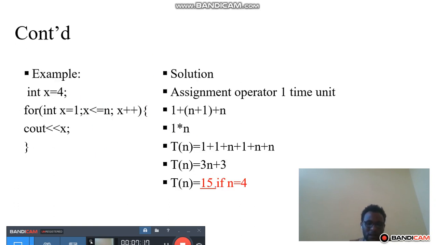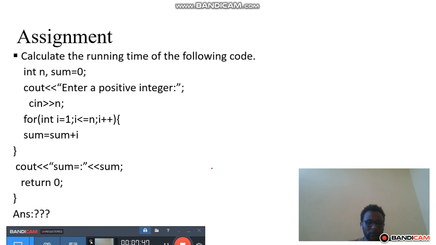So its solution will be just like this one. So this is the solution for the statements because it starts from 1, then it comes 1 plus n plus 1 plus n plus n, then 3 times n plus 3 is equal to... የn value ወይም ደግሞ የዚህ value 4 ከወሰድን ስንት ይመጣል ማለት ነው? 15 ይመጣል ማለት ነው።